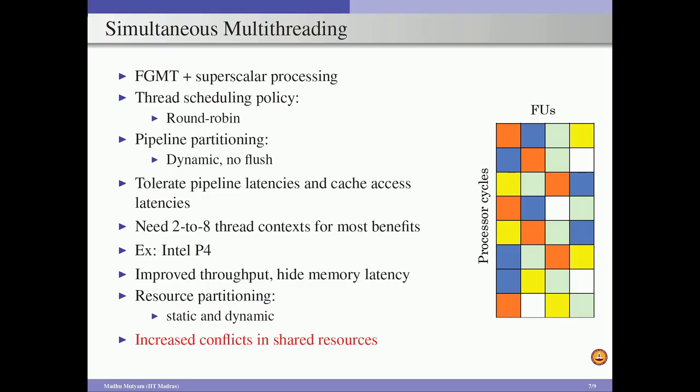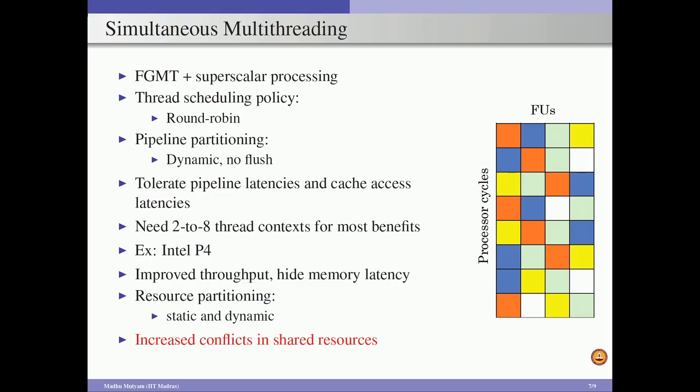And because resource sharing is happening in simultaneous multithreading, we can consider either a static partitioning method or a dynamic partitioning method. Depending on the application requirements, we can give different proportions of our resources to different threads. That is what can be considered in dynamic partitioning. And if you do not want dynamic partitioning, we can go for static partitioning, where we divide our resources equally across multiple threads, so that everyone gets an equal share and can use these resources.